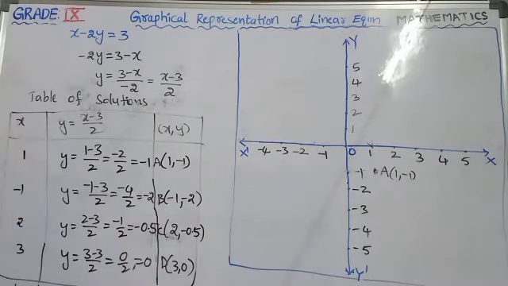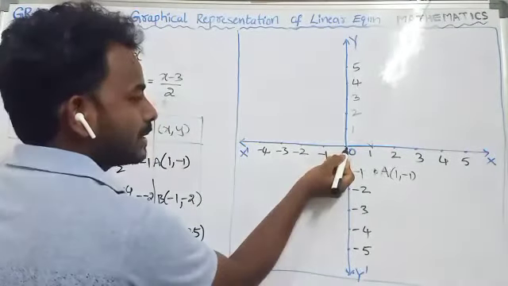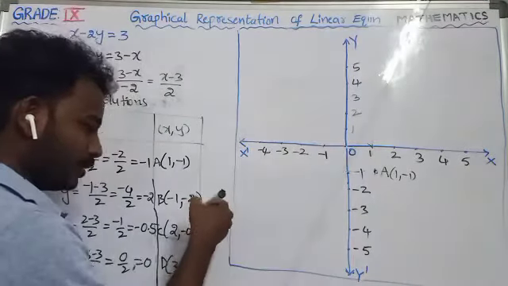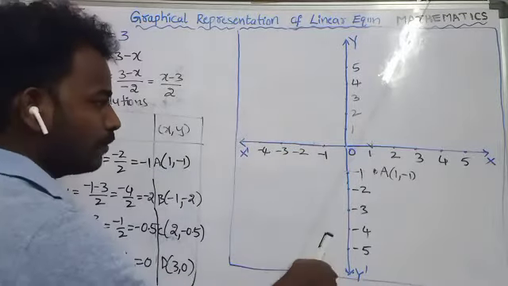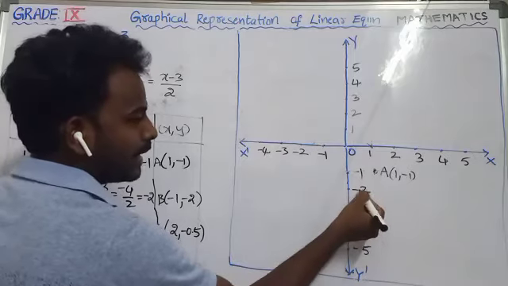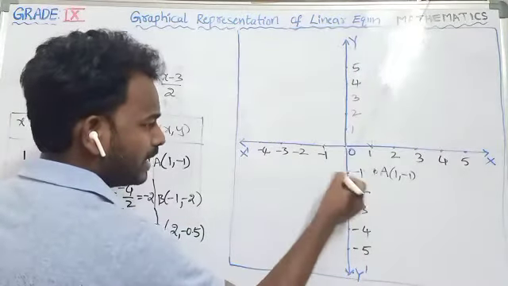-1 is the x coordinate, so you go from 0 to -1 on the x-axis, where you have here. So you take from here and -2. -2 is y, which means vertically you need to go downwards. Downwards means minus, and 2 is here. Okay, 2 units down. So you need to go 2 units down.